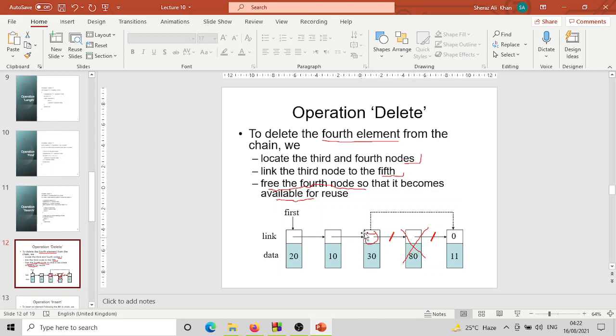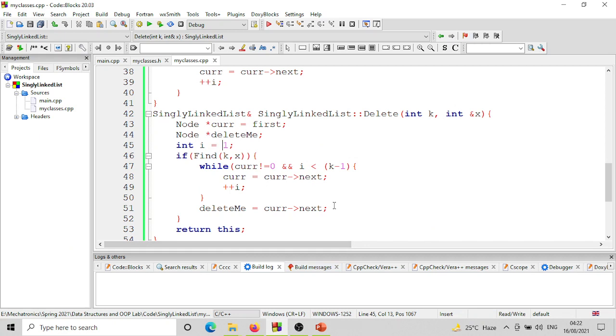लूप से हम बाहर आ जाते हैं, बट हम थर्ड नोड पे हैं और हम फोर्थ को डिलीट करना चाहते हैं, यानी वी आर एट k माइनस फर्स्ट नोड एंड वी वांट टू डिलीट द kth नोड, सो वी आर एट द राइट पोजीशन। करंट बेसिकली होल्ड्स द एड्रेस ऑफ k माइनस फर्स्ट नोड, सो जिस नोड को हम डिलीट करने जा रहे हैं उस नोड का एड्रेस हम इस वेरिएबल डिलीट मी में स्टोर कर लेते हैं, ठीक है। दिस इज द नोड दैट वी आर गोइंग टू डिलीट एंड इट्स एड्रेस इज इन करंट एरो नेक्स्ट, ठीक है।